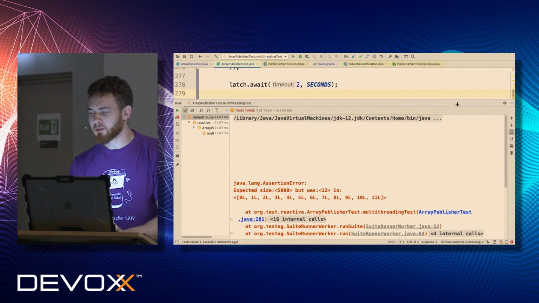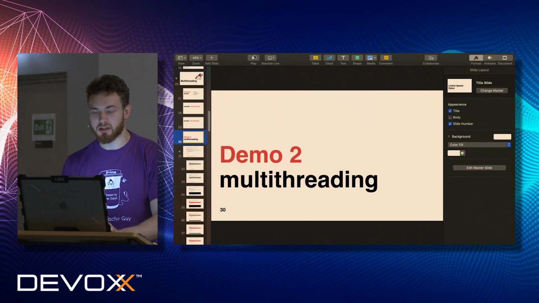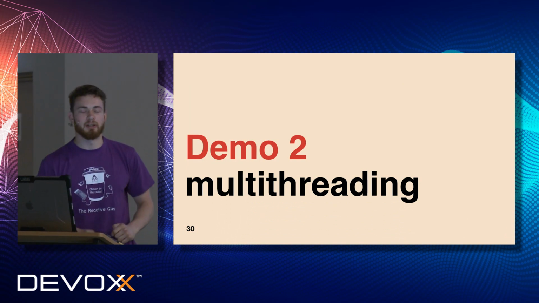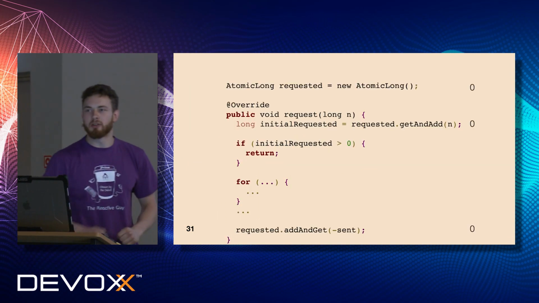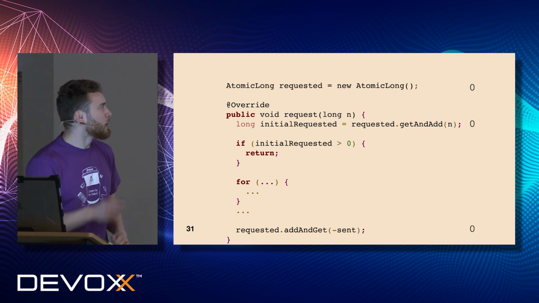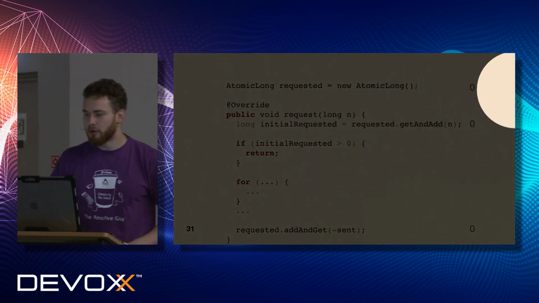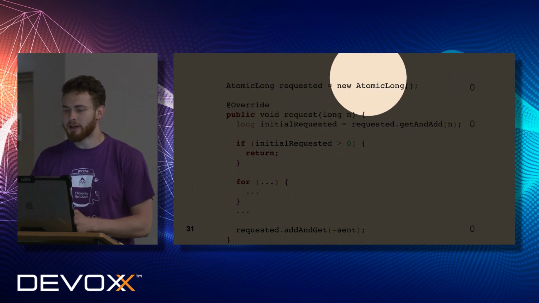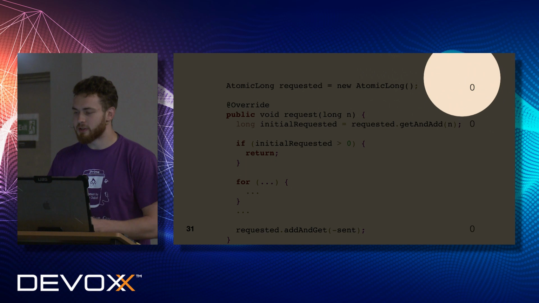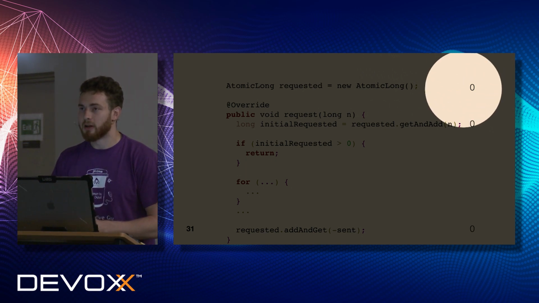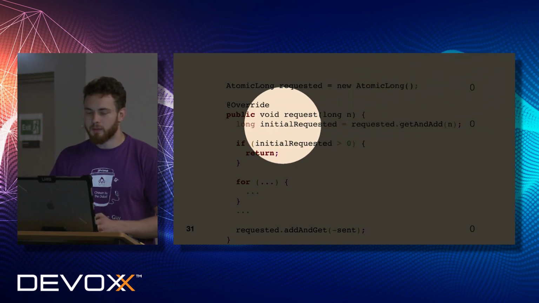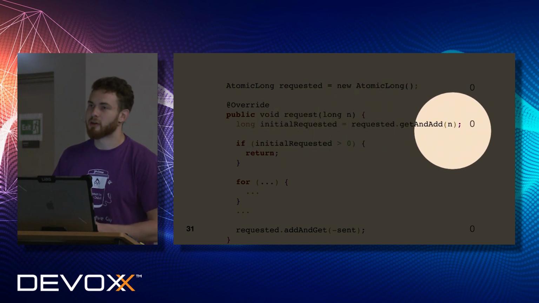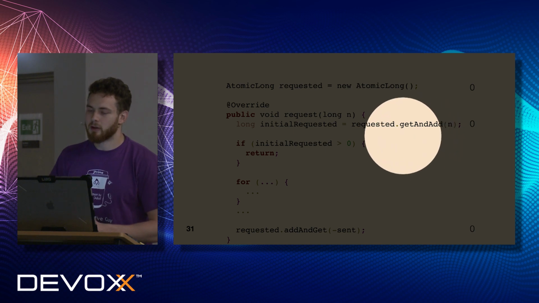In order to figure out what went wrong, I have to go back to the slides, because this is a really tricky concurrency point and racing point. So this is basically our solution. Here we have a few important points. The first one is the current state of the requested field. So we have the requested field, and here is an indicator of how many elements are at this point in time. Then this is the initial requested, and this is the number of initial requested that we read from requested.